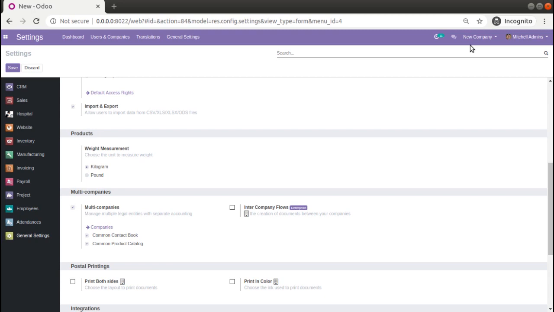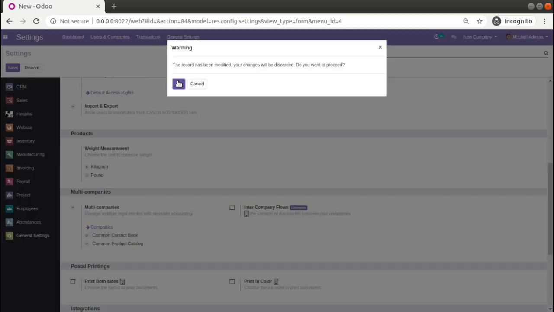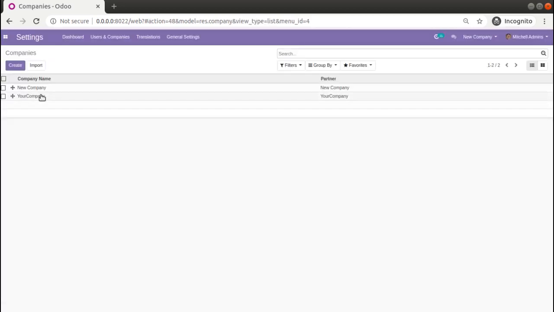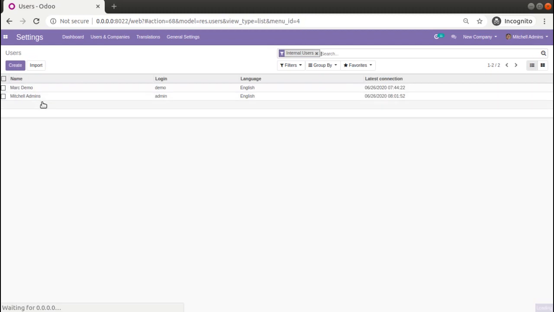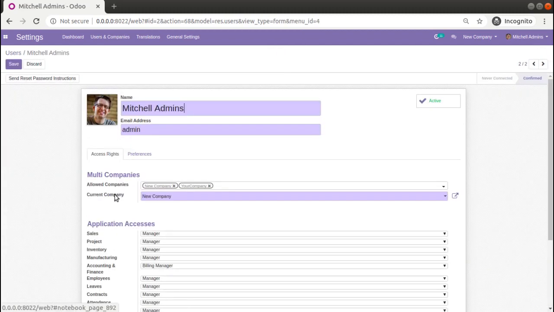Here you can see we already have two companies, Your Company and New Company, and there might be cases where for users we have to show only the records related to their own company. If I go to the users form view, there is an option for setting the company for the corresponding user.